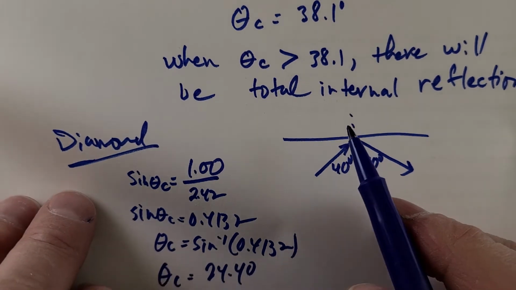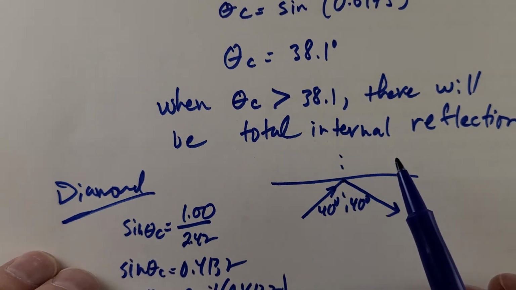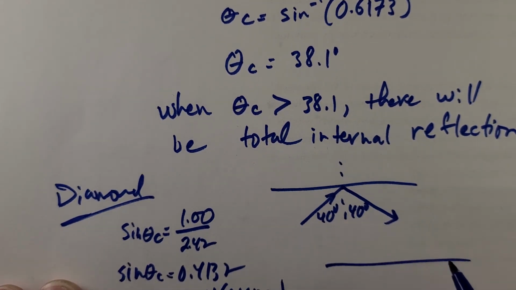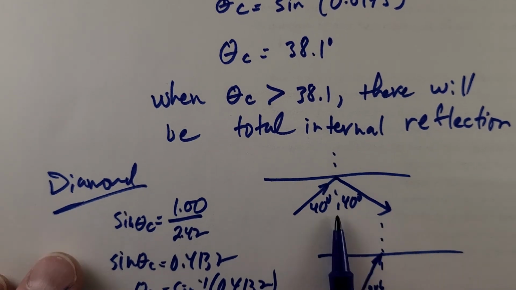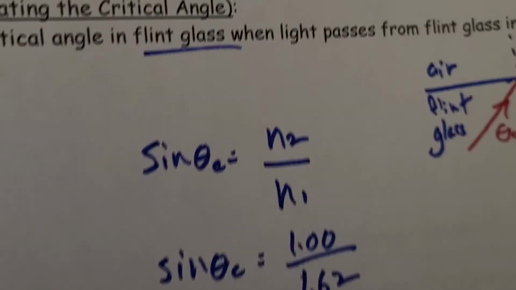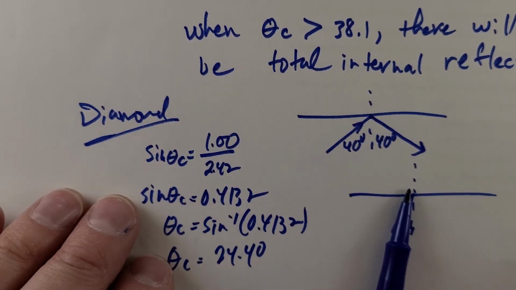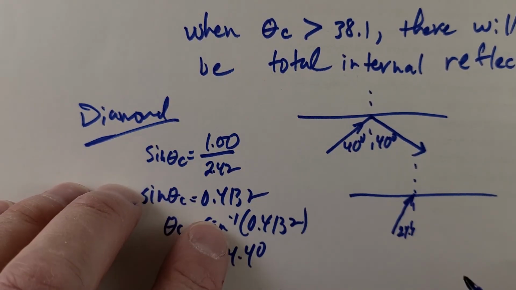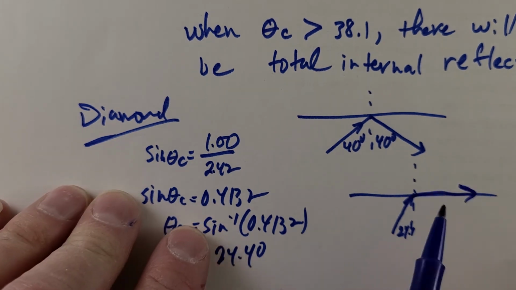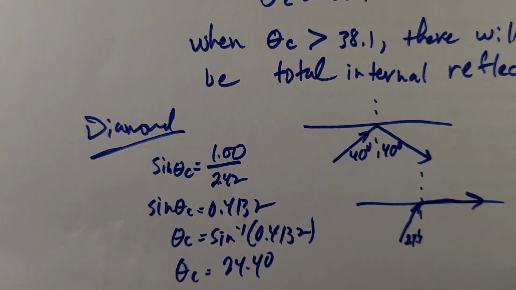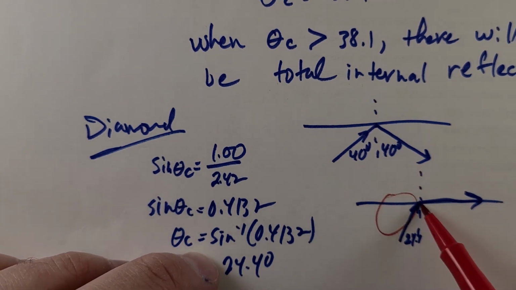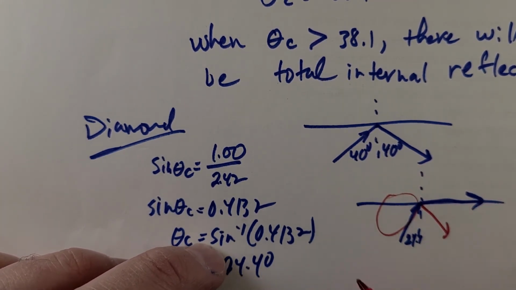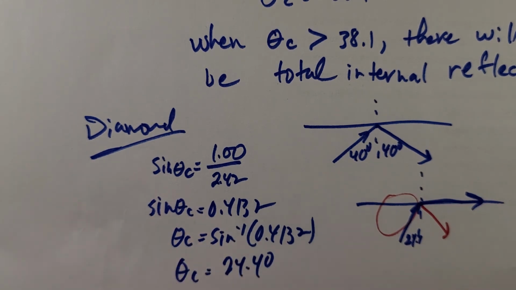24.4 degrees, smaller. So what does that mean? Here is my angle right here, 24. Oh my gosh, that is interesting. So light coming in here at this angle or bigger will reflect, because at 24.4 it reflects here. You can see most angles that hit this surface in diamond will be reflected backwards. So all that light is reflected until,